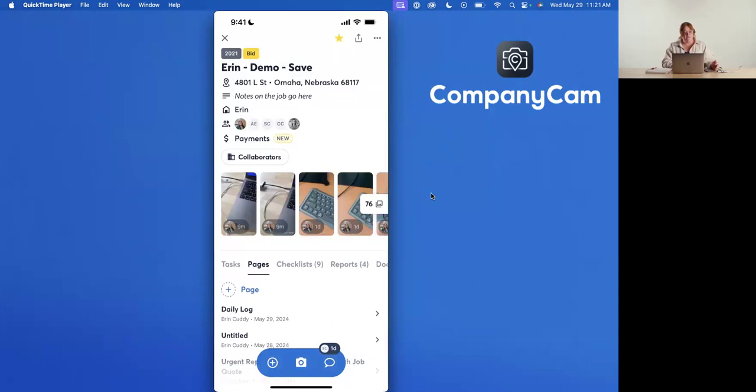Next thing we're going to jump into is labels in CompanyCam. Labels are going to be a really helpful way, whether you're on Pro or Premium, to help organize your projects. Obviously, our basic form of organization in CompanyCam is going to be the projects you create at a specific address. But if you guys have different types of jobs and you want to be able to search by that, or maybe search by where you're at within the progress of a job,